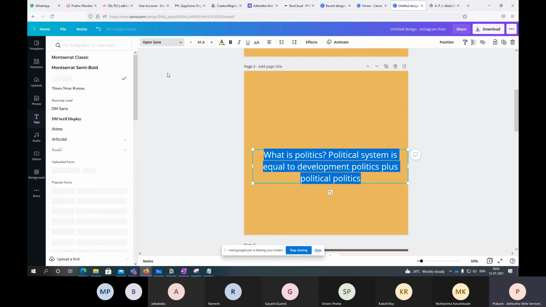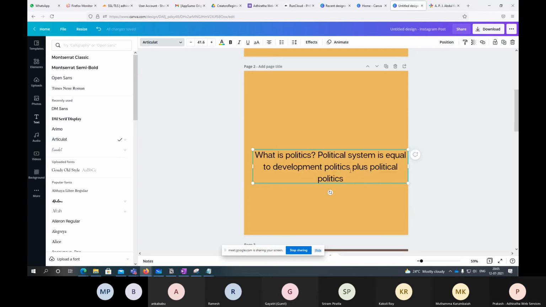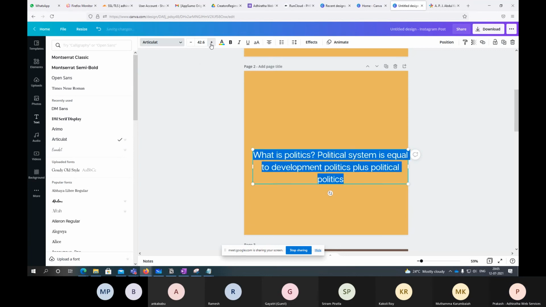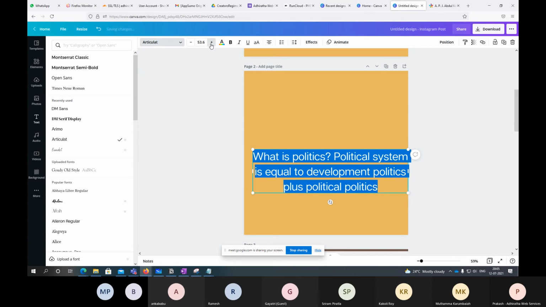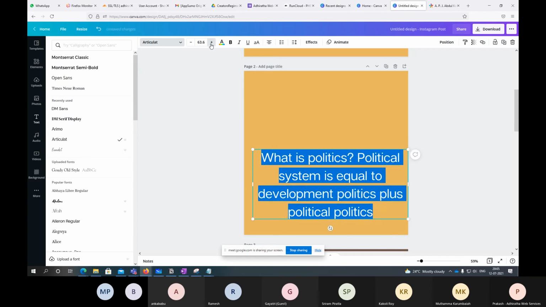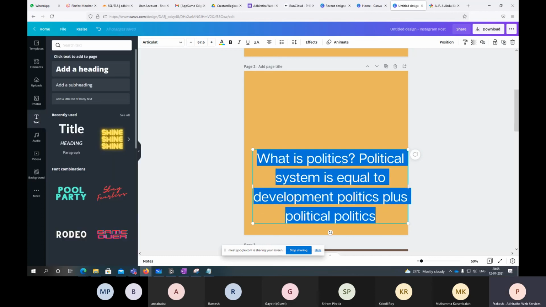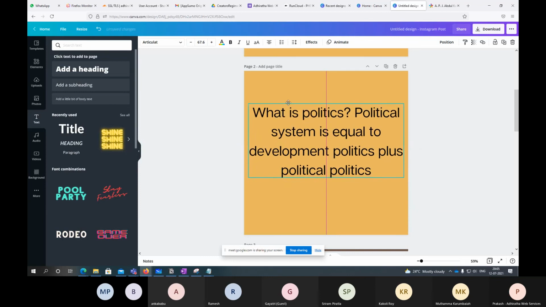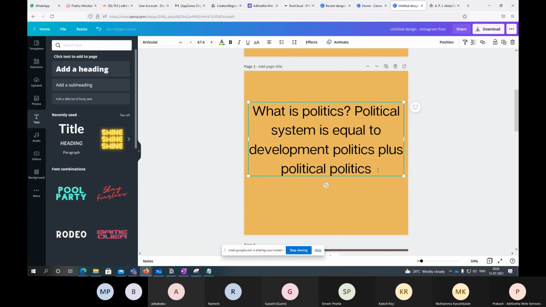I can change the font to whichever font I'm comfortable with. Maybe I'll add by here.